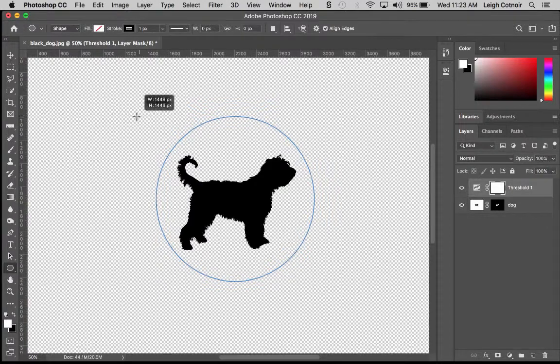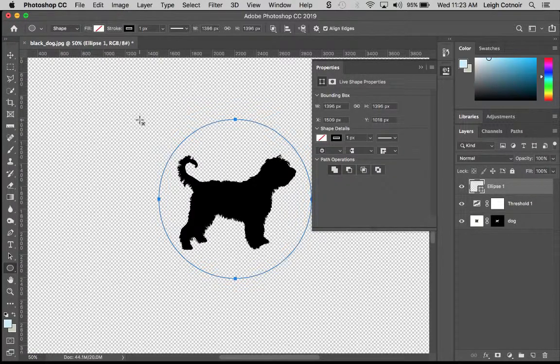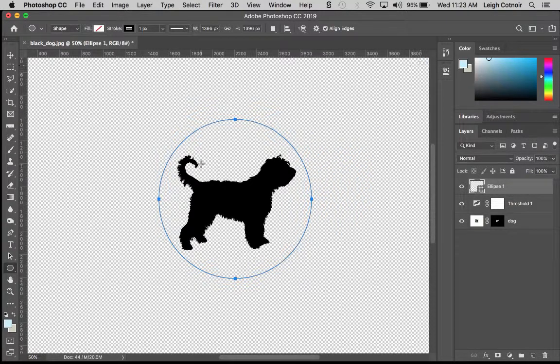Now, the trick to doing this is that you're going to want to release the mouse first. Don't release the keys, release the mouse first, and then you can release the keys, okay? And that's important because you want to make sure that it stays drawing from the center and constrained into a perfect circle. And so it doesn't look perfectly centered, and that's fine,